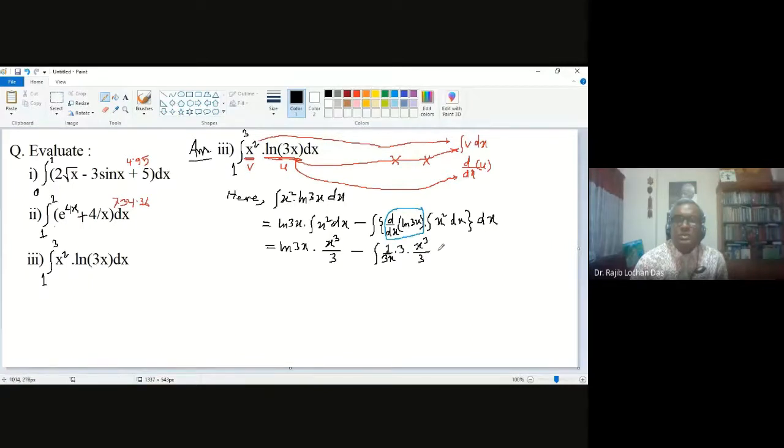So this is the third line. Now move to the next line. So it is x cube ln 3x divided by 3. This is the first part, and then minus, then integration, then what are the things you have. So 3 cancel and x cancel. So it is 1 by 3 and then x square. So go to the next line